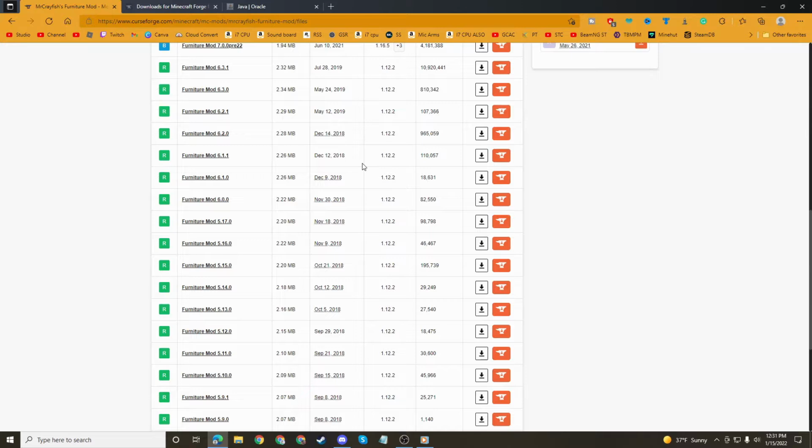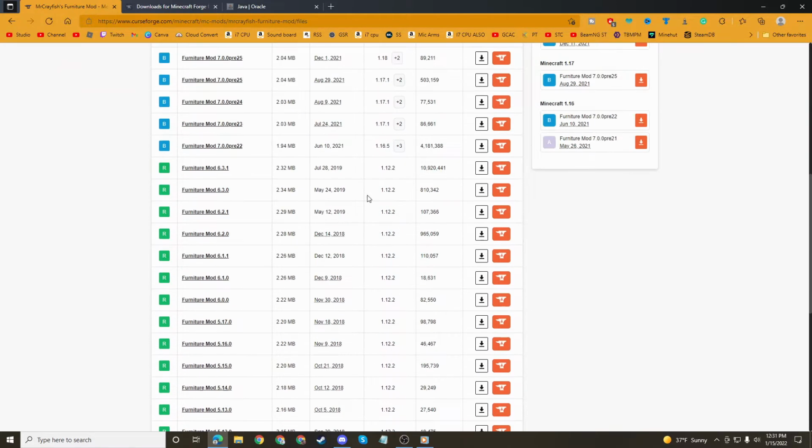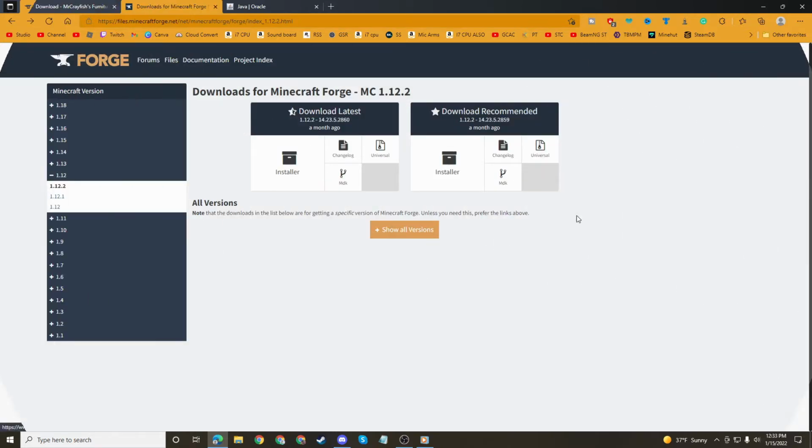First, you want to figure out what version your mod is in. I'm going to use Mr. Crayfish's Furniture mod in 1.12.2. Now that I've downloaded the mod, I also need the correct version of Forge. Because the mod is in 1.12.2, I'm going to get the 1.12.2 version and download the recommended one, and download the